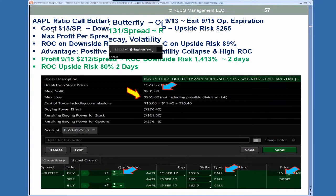Okay, very short duration. Now this trade, when it was set up, usually on these trades you can get a credit, but this was a trade that we went into for just a 15-cent debit. So that was the max cost, $15. So you're going to see how your downside risk is only 15. Your upside risk is greater, but there was such a huge amount of option activity at the 160 strike,